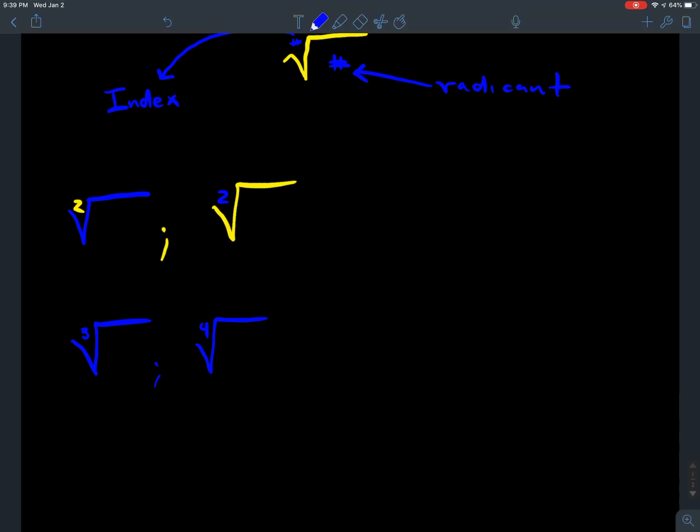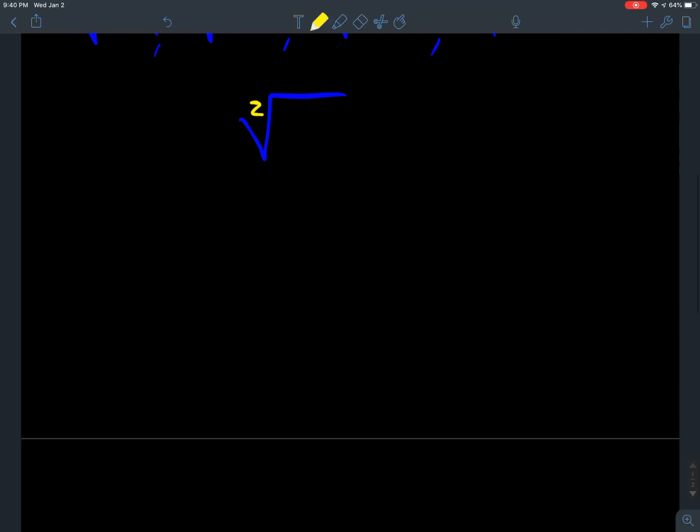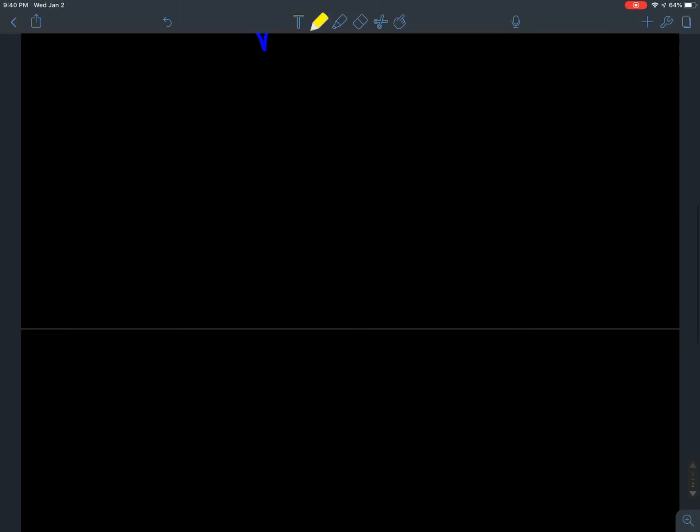It can be 4. It can be 5. It can be 10. Whatever. It doesn't matter. You'll see the number inside and so on. Any number can be in the index. The only case where you won't see a number, then know there's an invisible 2. Okay, now that we got that understanding,